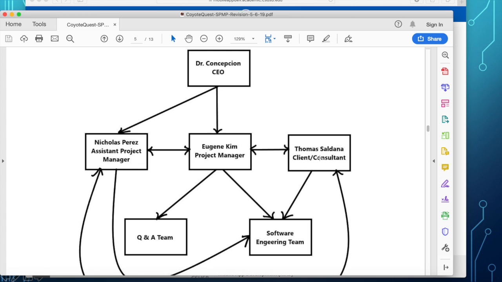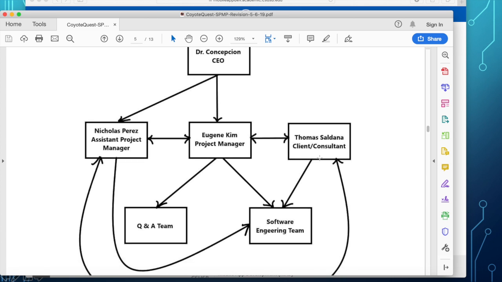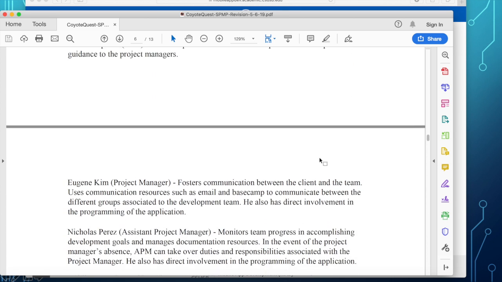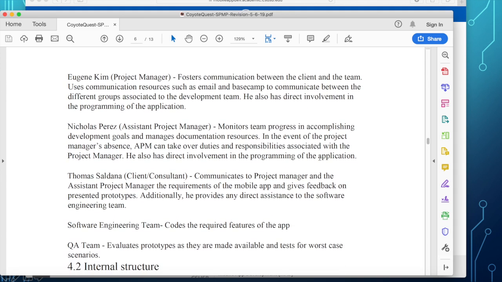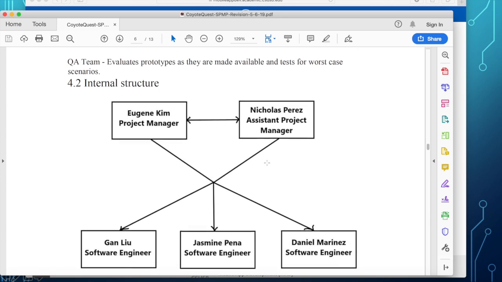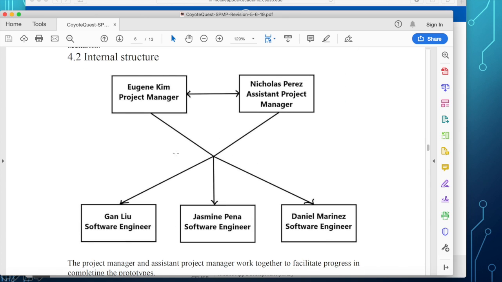Okay, how do they communicate with the team? Okay, and here is defined how they communicate with each other there. Now, the internal structure only concerns the project manager, assistant project manager, and the software engineers making up the whole team. Okay, as you can see here, everybody communicates.